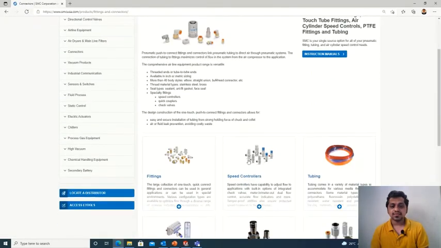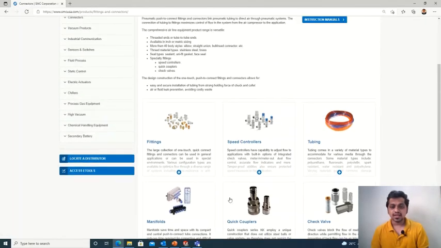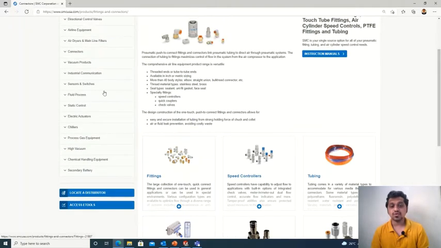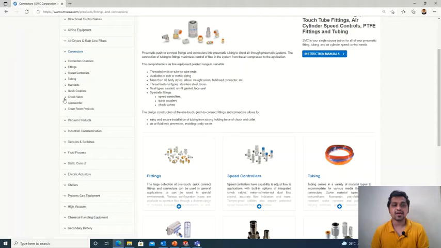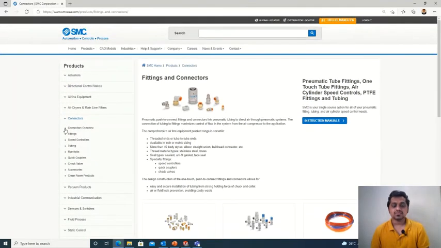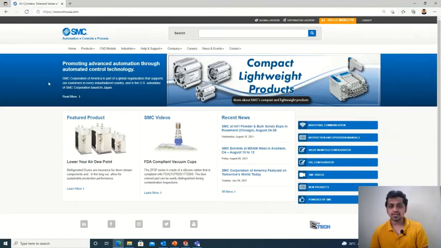Then we have accessories, which will be standard accessories and the clean products. So all these parameters, all these types we have under the connectors, which are very important in the circuit. So their selection also plays an important role. So let's see one example of how we can select